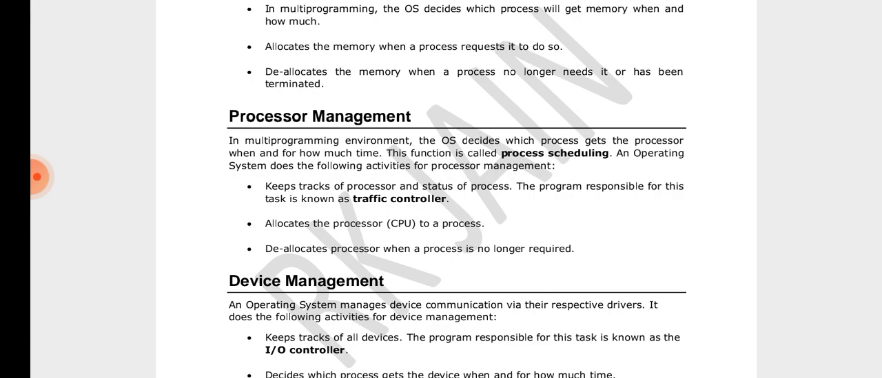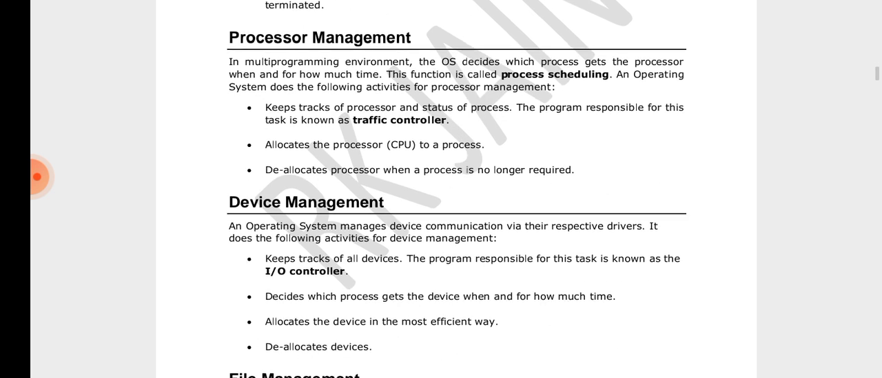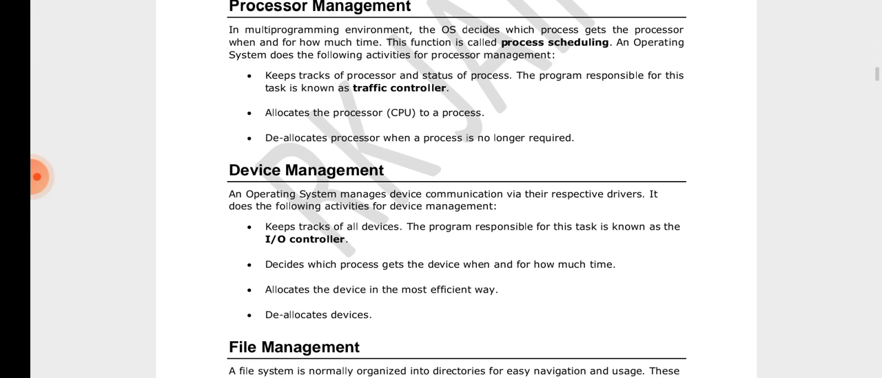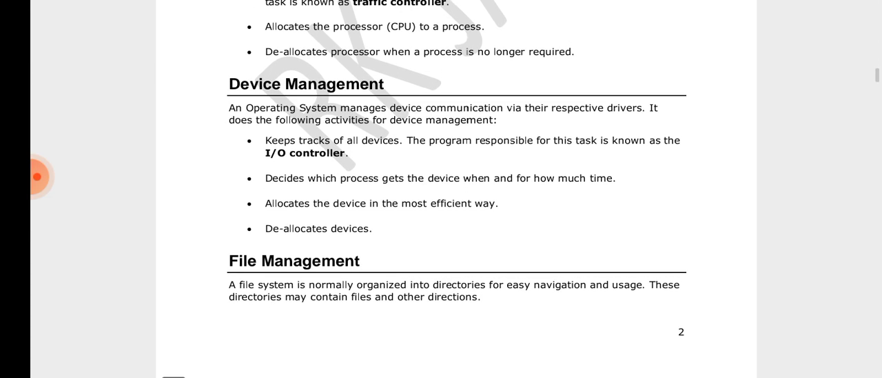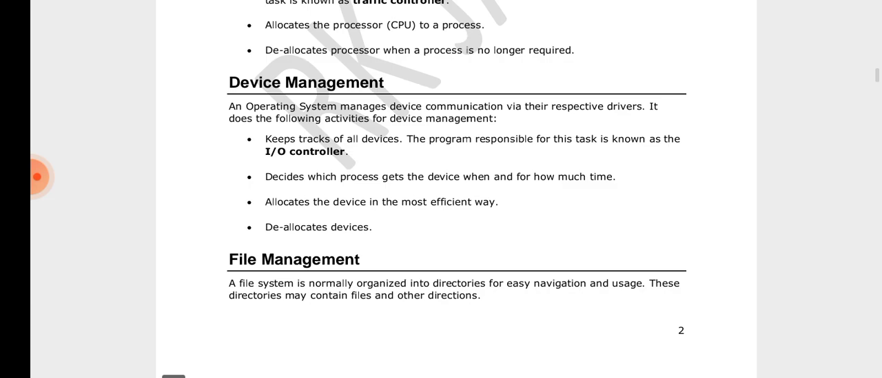The function is called process scheduling, meaning the time schedule of the program or the process to be executed. It deallocates the CPU from a process and allocates it to another. Device management: an operating system manages device communication via the respective drivers. It does the following activities for device management: